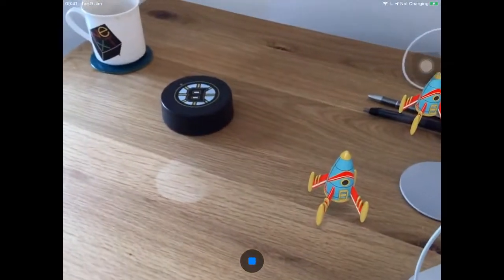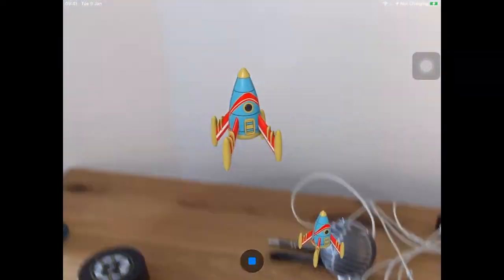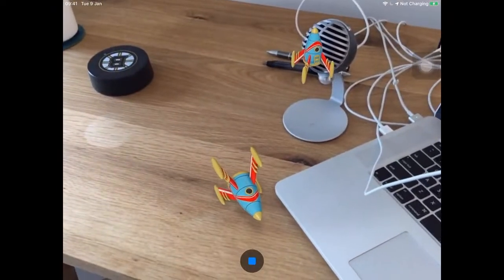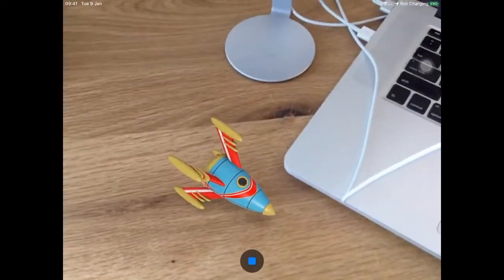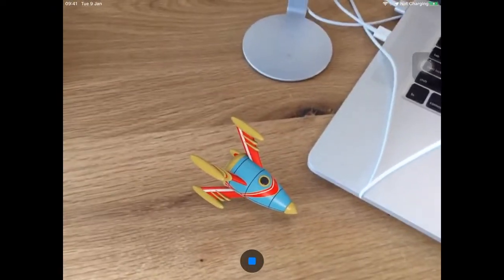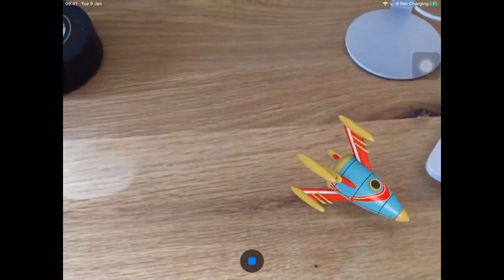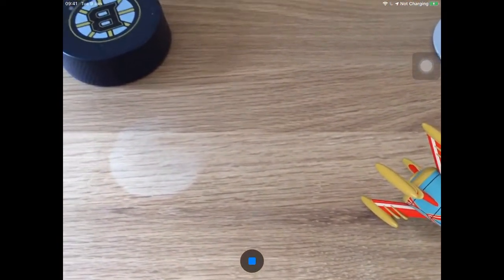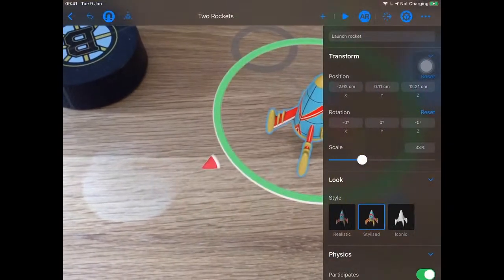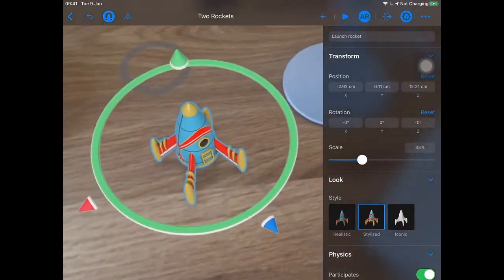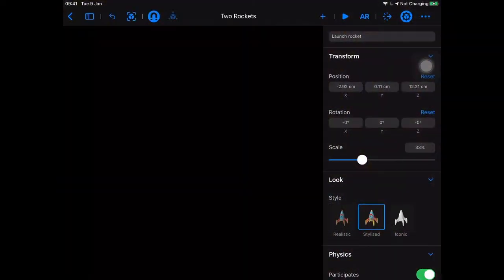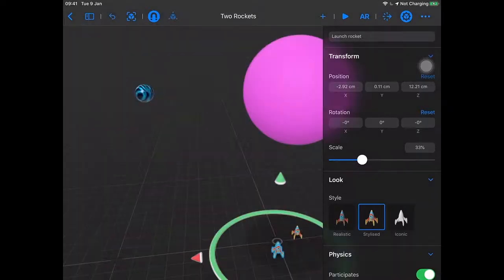If we tap on the rocket, it takes off. There's our little mad scientist remnant. Oh man, do you know what? I've just turned on physics on my rocket, and that's not what I want to have happen. I don't want it to hit the planet, bounce off, and then come back crashing back down to Earth. That's not a great test of my rocket. So let's turn off AR for a second, and we'll inspect our properties on our rocket